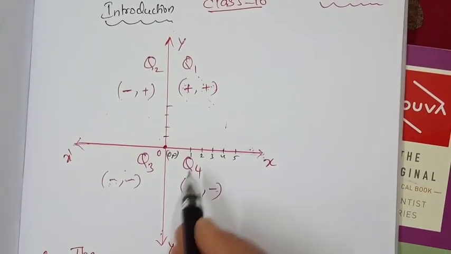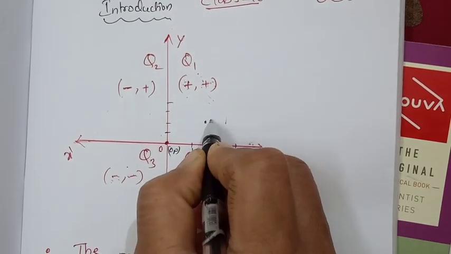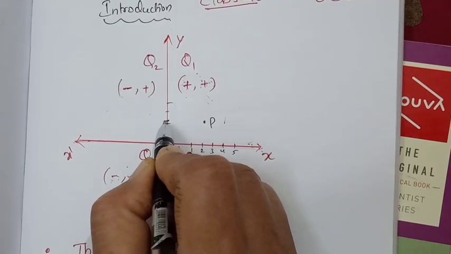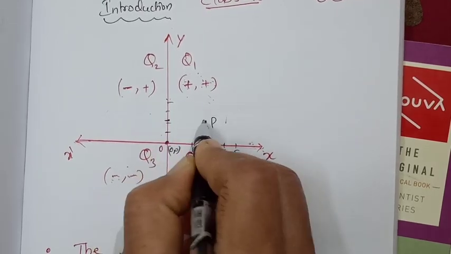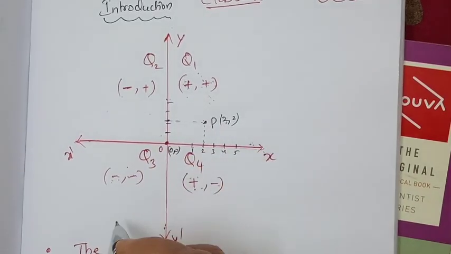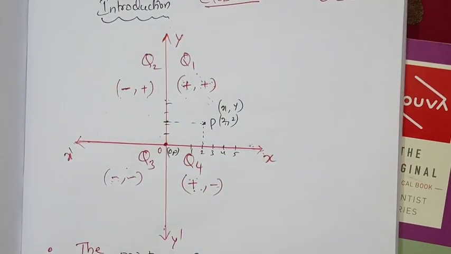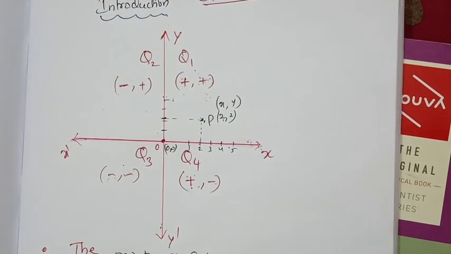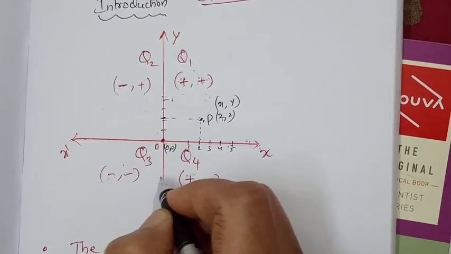As I said, this is a coordinate plane, a Cartesian plane. Suppose this is a point P. We will check where it is located. If I take 1, 2, 3, 4 and 1, 2, 3, 4, this point will be vertically 2, horizontally 2. So this point will be 2 comma 2. If there are no numbers, it will be x comma y. The location of a point in a coordinate plane is denoted in this way. Next, points on the axis. These are the points I just marked on the x-axis and y-axis.